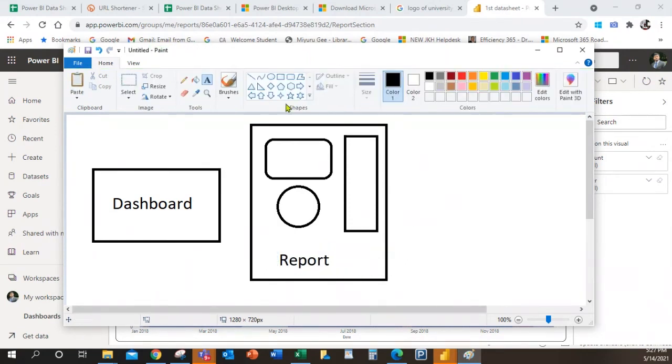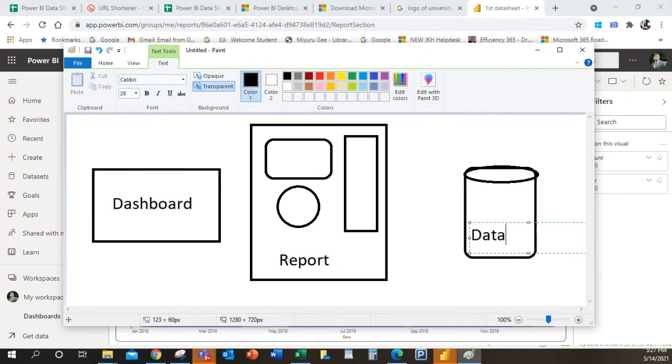This is the report, and you have a data set. This is the data source, so we call it data set.